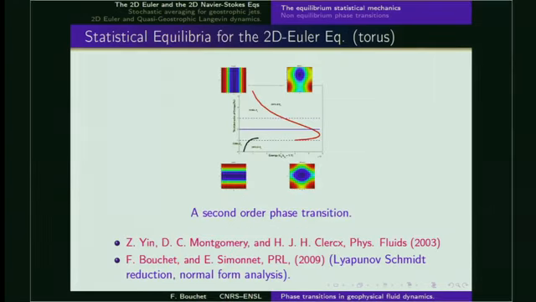So I just give you a phase diagram here. I won't comment on it in detail. This is energy. These are other parameters related to the conservation of the other invariants. Basically, I just want to stress that in a doubly periodic domain, we have two types of equilibrium states: equilibrium states for which the vorticity field has a dipole structure with a cyclone and an anticyclone, and other equilibrium states for which we have parallel flows.